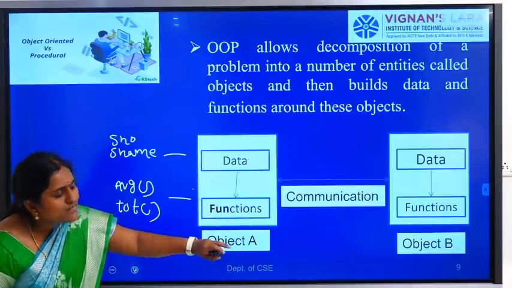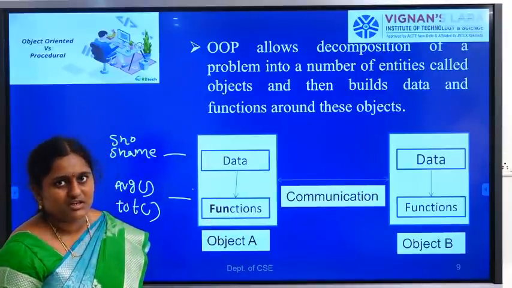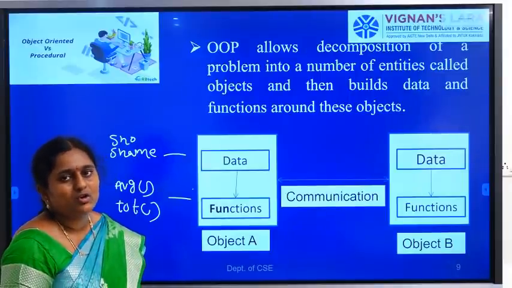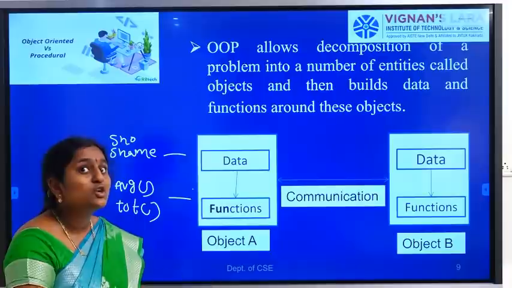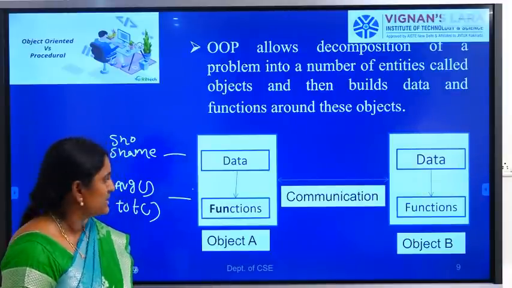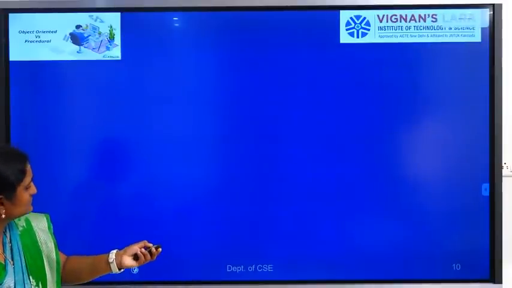However, functions of one object can be accessed by functions of another object, but data of one object cannot be accessed by another object. So we can provide security for data in an object oriented programming language. Okay, so next one.